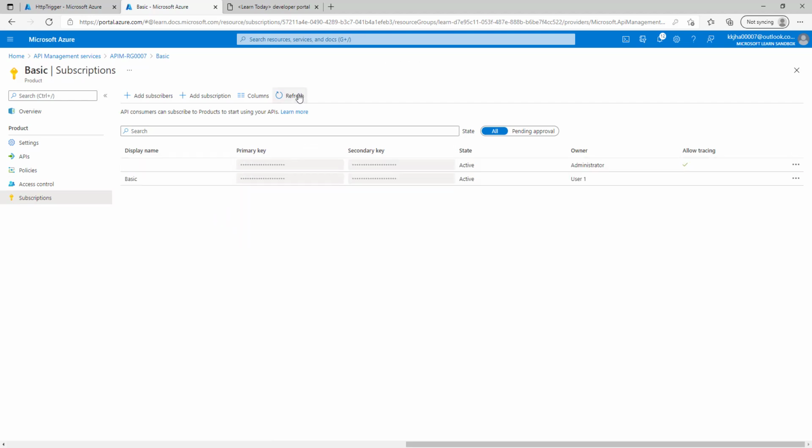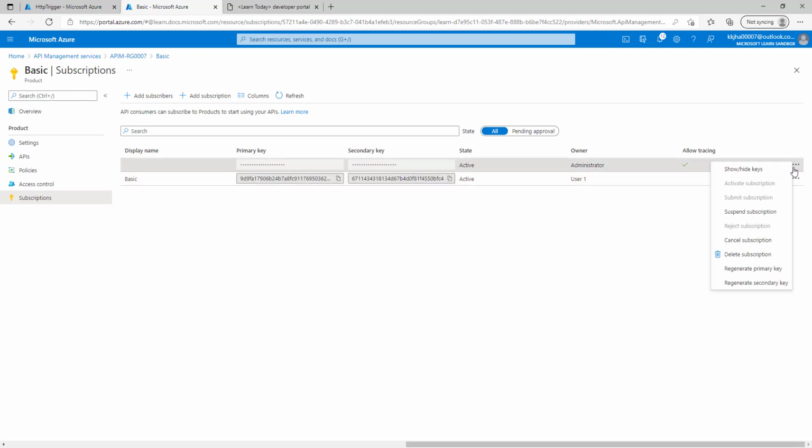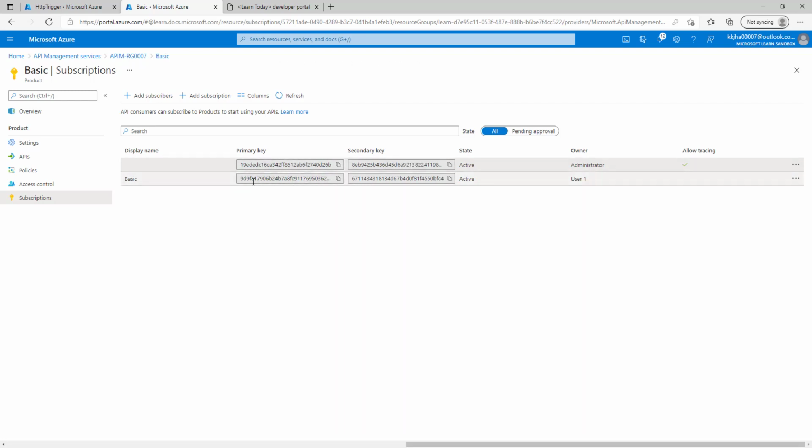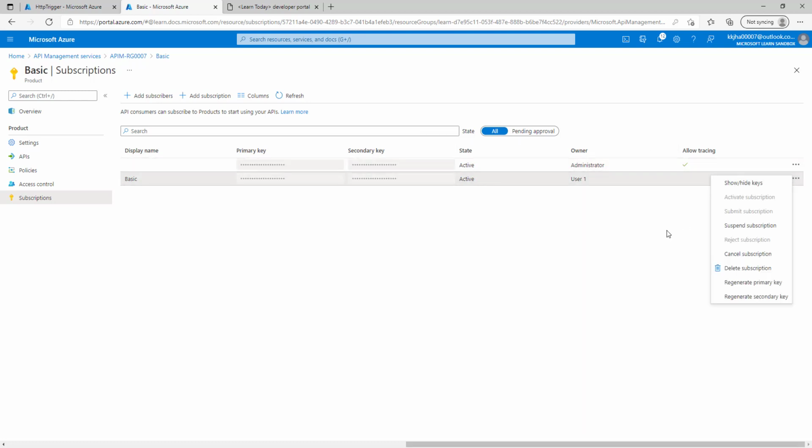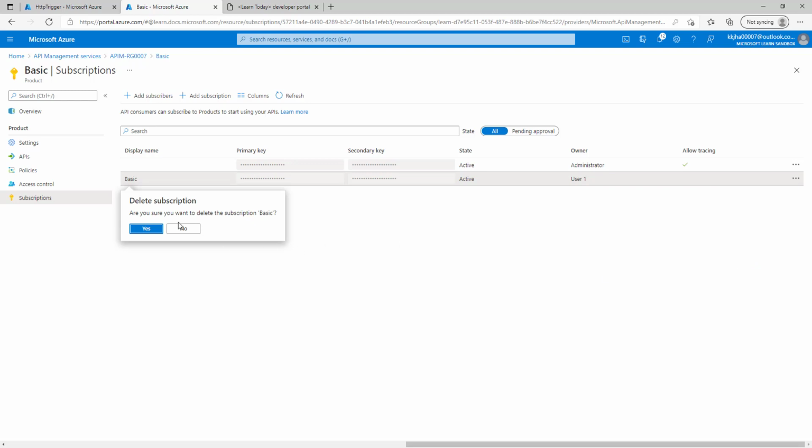Okay, so you can see here now, previously there was only one subscription key and that was owned by the administrator, but now as user1 has also subscribed, we have two subscription keys available. If you click on show subscription information for both, you can see both users have a different subscription key. Both users have subscribed and that's why both entries are available here. Okay, so let's delete this subscription key from here